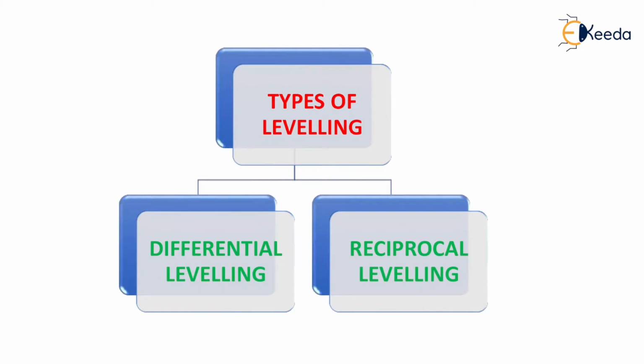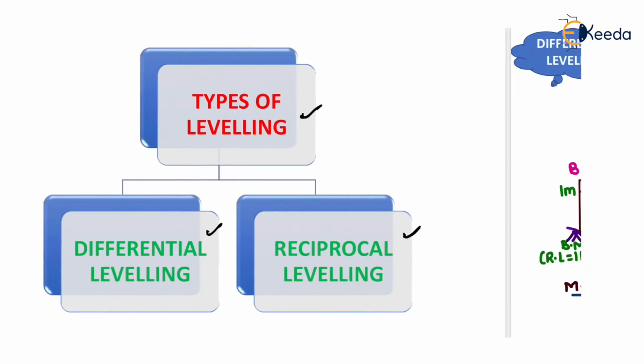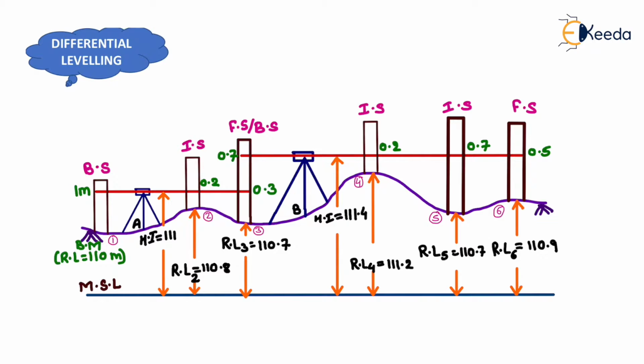Now the types of leveling is generally classified into two types. First one is differential leveling and the next one is reciprocal leveling. We will start with the first type of leveling, that is differential leveling. Now in differential leveling we generally measure the difference in elevation of 2 points on the surface of the earth,